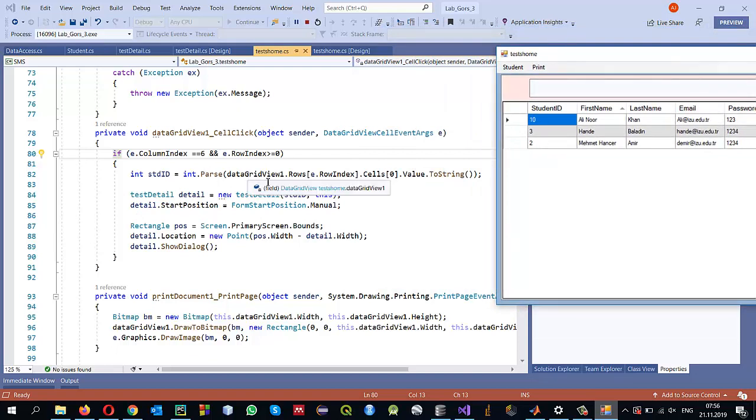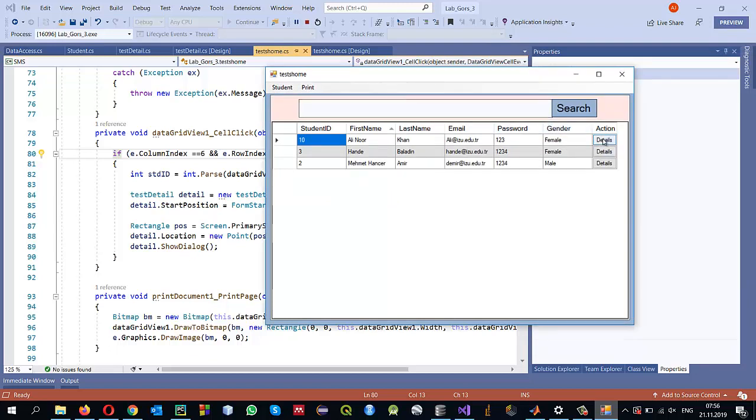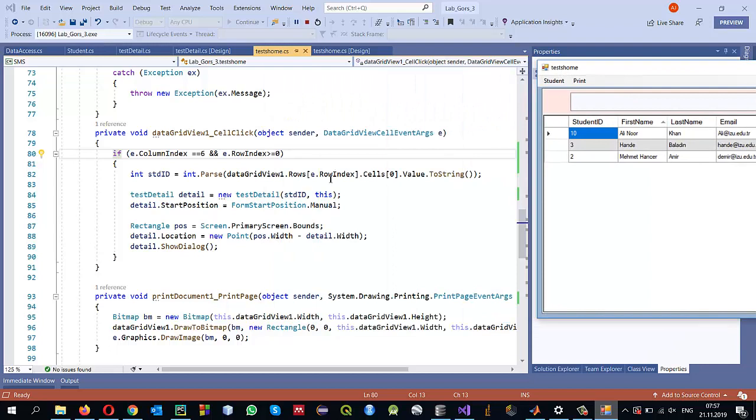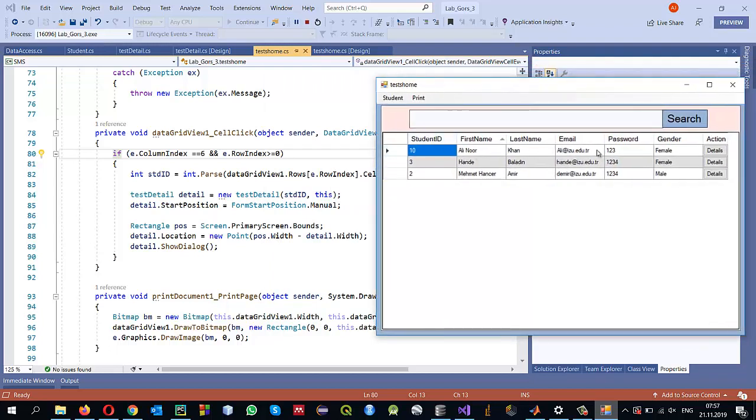Look here, grid view dot rows, it means rows. These are rows. We are talking about rows. So e dot row index says which row has been clicked here, so we are selecting that row. For example, if I click here, we are selecting the 0th row. And from that 0th row, because in this 0th row you can see many data, there is also student ID, first name, last name. I am interested only in reading